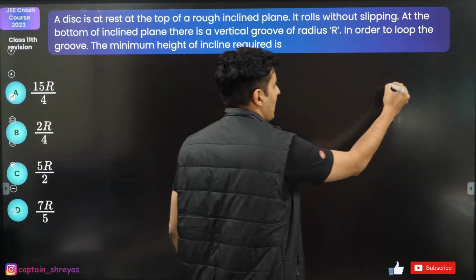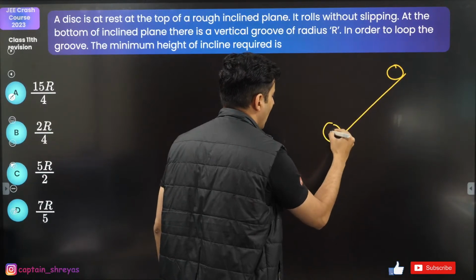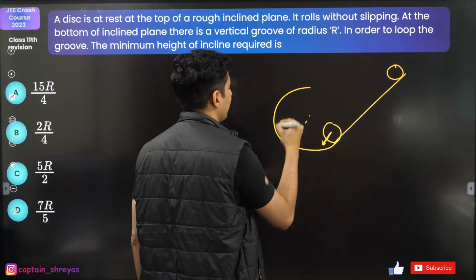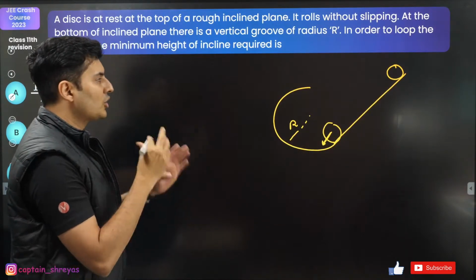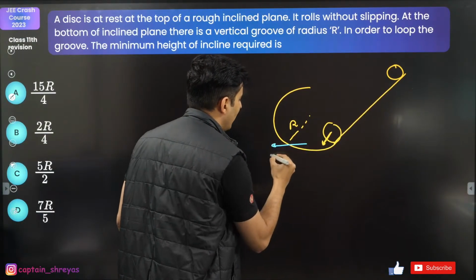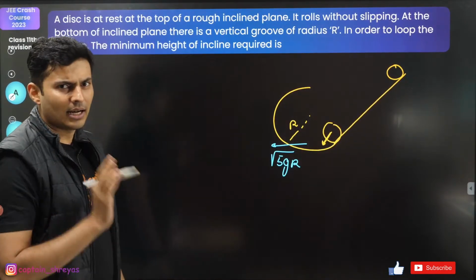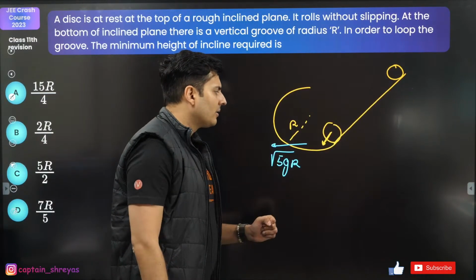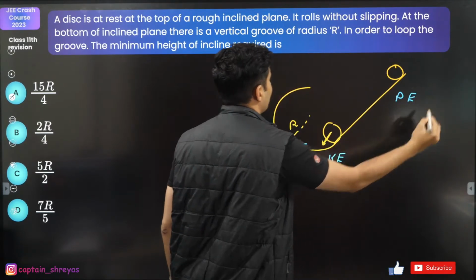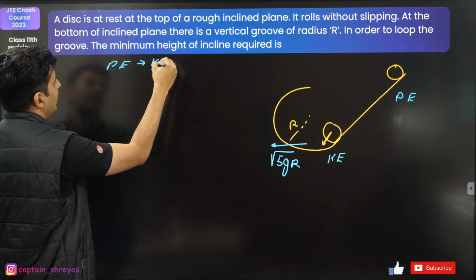So over here, you leave a disc from here. It rolls down and acquires a certain velocity. After this, it is completing a loop of radius r. Question is, what should be that height? At the bottommost point, it should have a minimum speed of root 5 gr for it to complete the loop. That's a standard thing. How will it get this speed or kinetic energy? It has got kinetic energy because of the potential energy over here. So use energy conservation. Potential energy gets converted into kinetic energy.